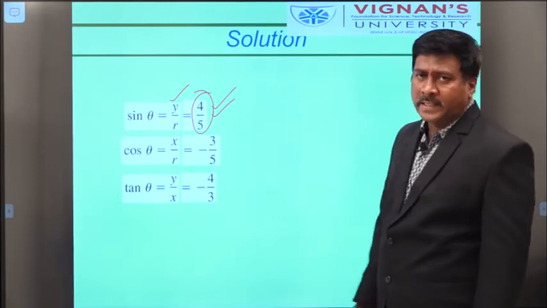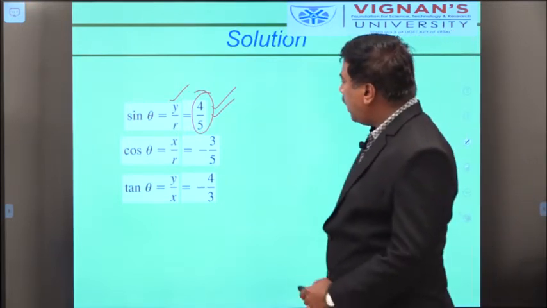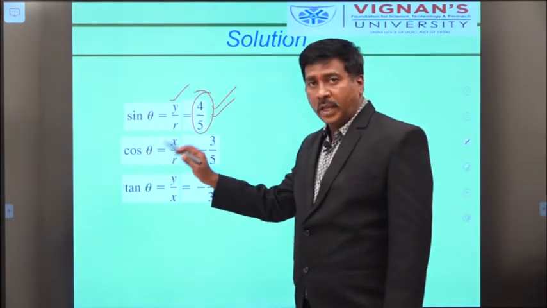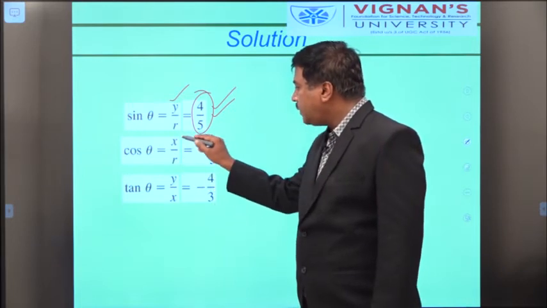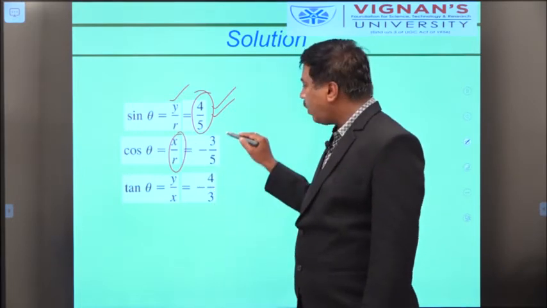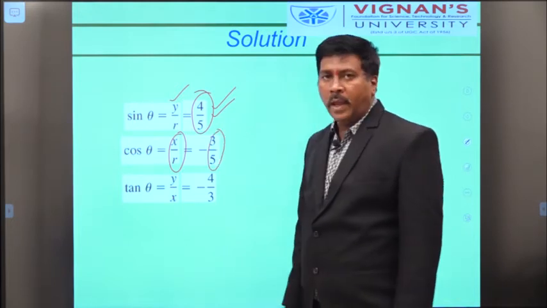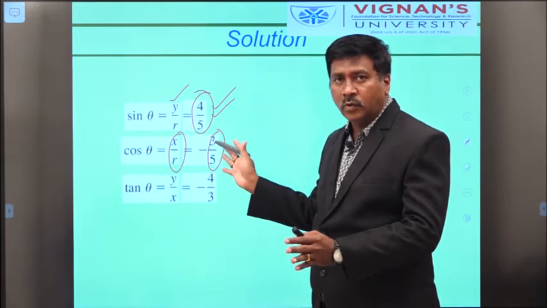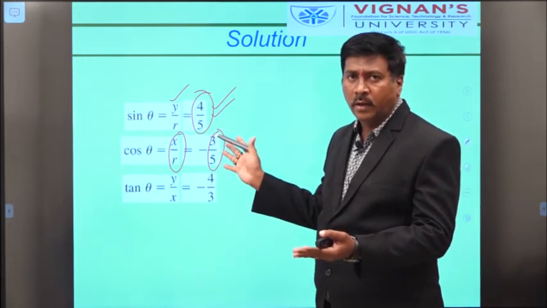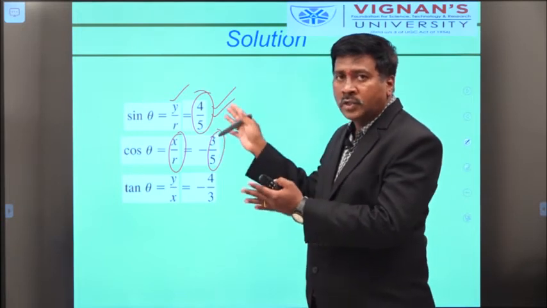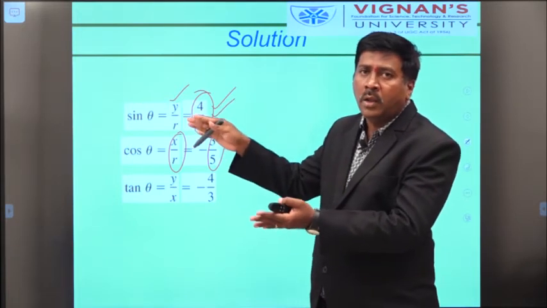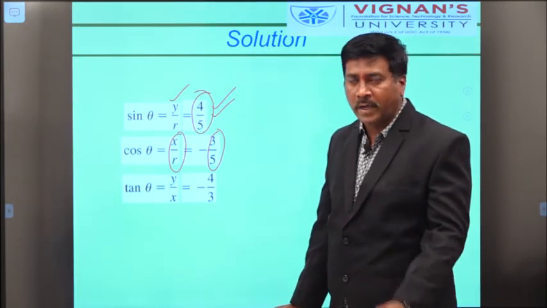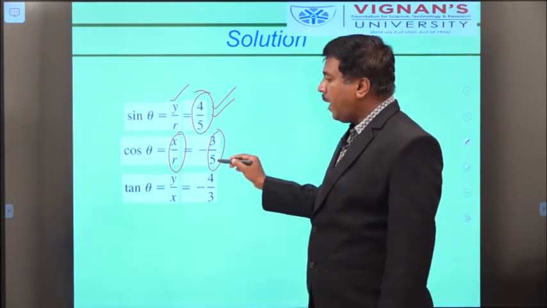And cos theta is equal to x by r. Please all of you see this, in the second quadrant cos value is negative. That means we have the formula x by r. The x coordinate, that is 3 by 5. Don't take the x value as negative, because these are measurements. Measurements are not in the negative sign. But whatever the trigonometric ratios are in that quadrant of the coordinate plane, by using that information only we have to take the negative values. Please all of you keep this in your mind. Now minus of 3 by 5.